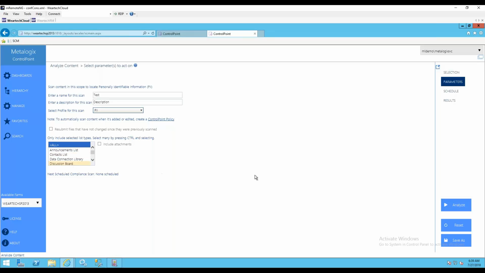We'll go with all for the purposes of this demonstration, but pretty simple, right? Very much just direct, just select the profile and go. Remember, most of our configuration occurs at the Sensitive Content Manager administration side of things. So all my profiles, all my search terms, all the regular expressions I'm leveraging, all that's defined in the engine for Sensitive Content Manager. We're merely leveraging those pre-configured concepts from the scope of Control Point now, which makes things